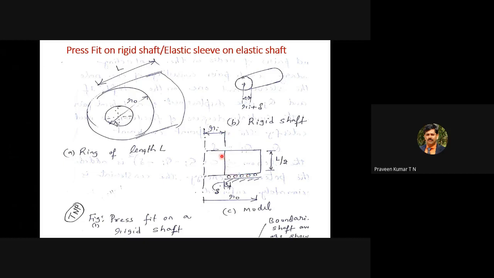So that means, imagine this is a small portion. Imagine this portion is taken here. So that can move in the outward direction or in the radial direction. The horizontal direction is nothing but the radial direction here. This is Ri and this is R0. Whenever it is press fit, there may be an increase in diameter of the sleeve. To increase the diameter, the material should flow along the radial direction. The deformation along radial direction is given by U.